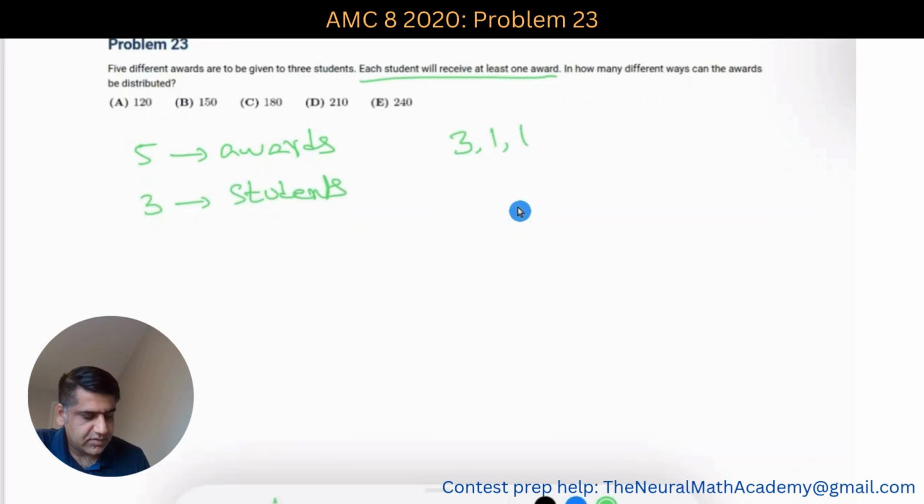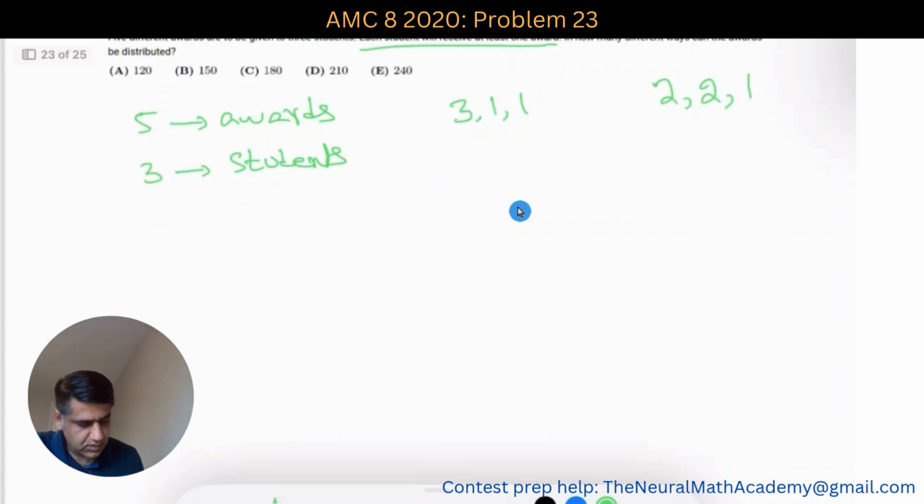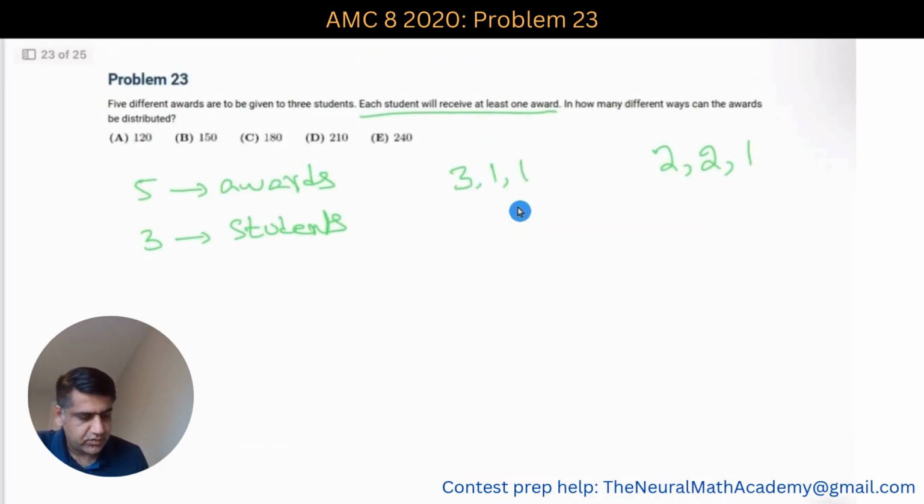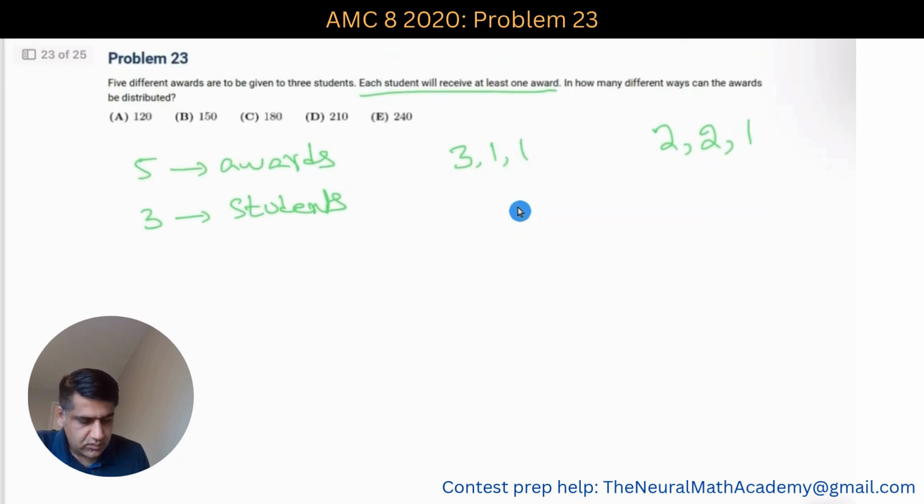The other test case is there are 2 students who will receive 2 awards each, and 1 student will get 1 award. So now let's find the number of ways for each of this test case. So since at the beginning 3 awards are available to all 3 students, so that is 3 choose 1,